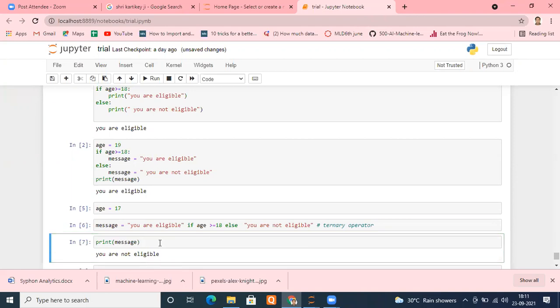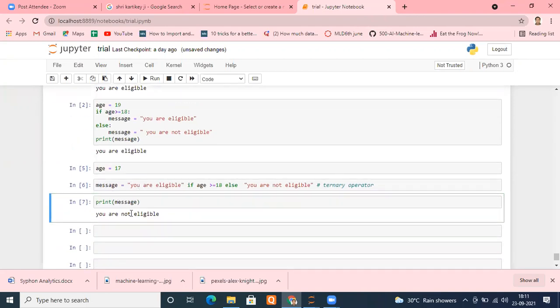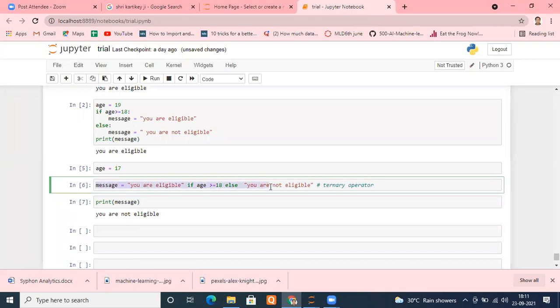Is it fine, everyone? Another way of writing the if statement, a cleaner way. It's up to you whichever method you want. But whenever you look at somebody else's code and see it written this way, you should not say, no sir, he has not put any colon over there, no indentation is there, how is it right? This is another way of writing your if statement, known as the ternary operator. Is it fine, everyone?